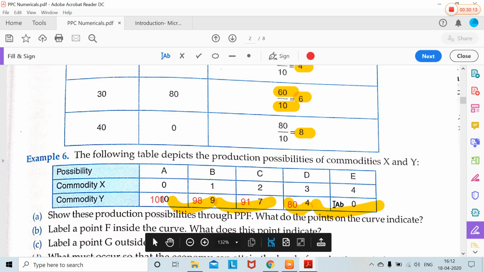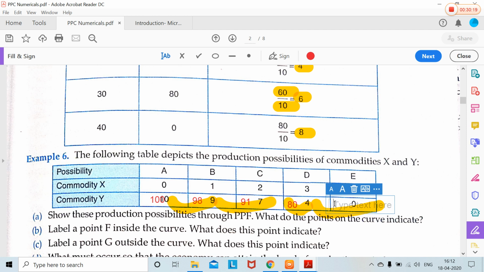Let me take the next number which shows a loss of more than 11. So let me just take 65. This shows a loss of 15 units. So this is how you have to create your example. One side you just take 0, 1, 2, 3, 4, 5, and on the other side you show the loss. Please keep it simple. Whenever you are asked to create your own hypothetical example, keep the gain simple. You can keep the gain at 1 unit only, so that you don't have to divide to calculate the loss.